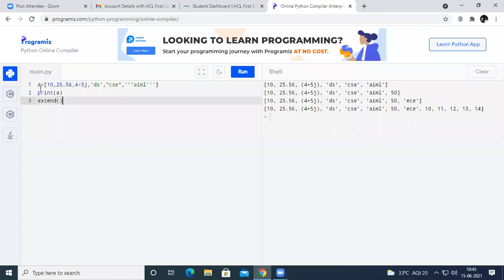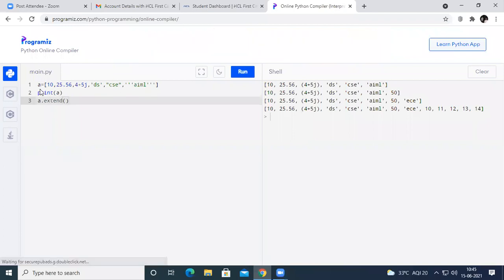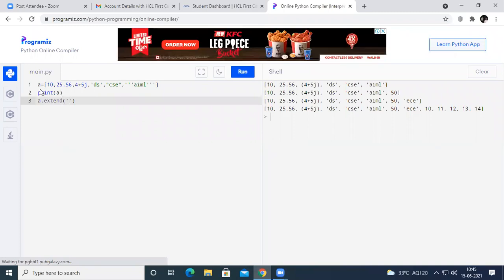For example, here in the extend function, I want to add an element to the list a, where the element is ECE.